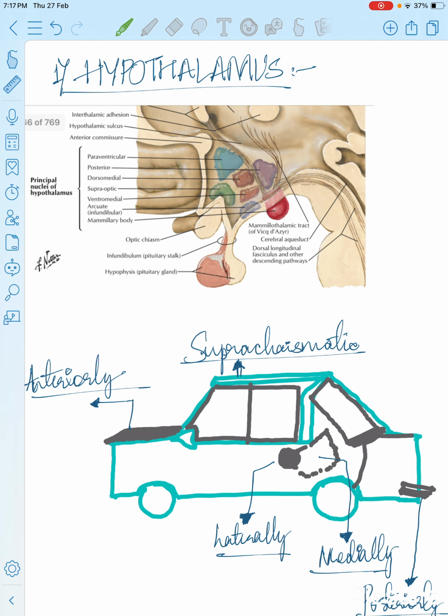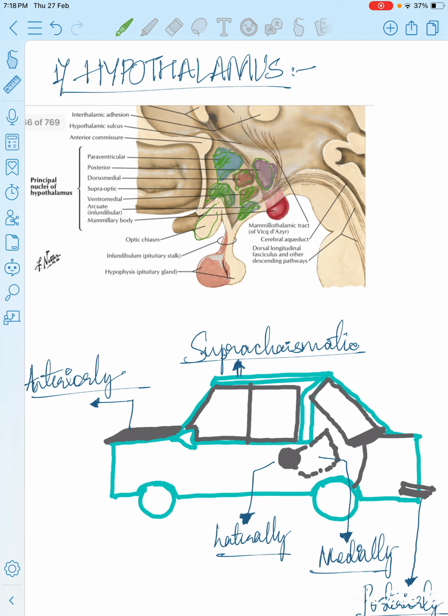Starting with the hypothalamus, you can see that the hypothalamic nuclei are scattered in third ventricle, and there are quite many of them. The one pointing out anteriorly is paraventricular. All of these are named after their location. The one which is above the optic chiasma is the supraoptic. The one which is located ventrally and medially is the ventromedial, and the one which is in close relation to